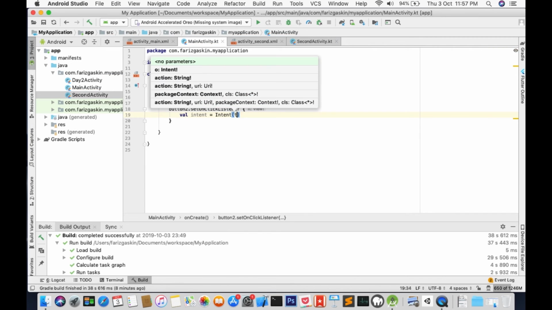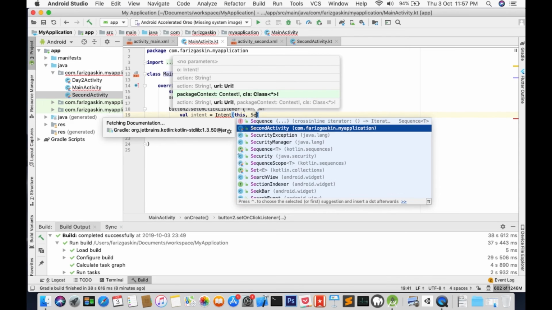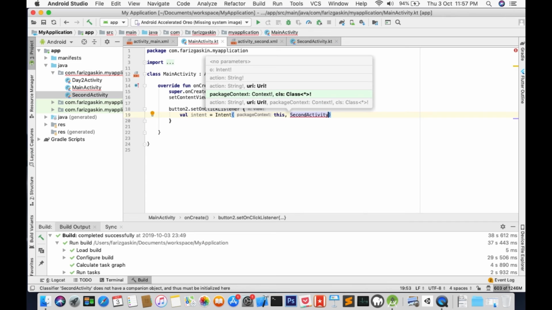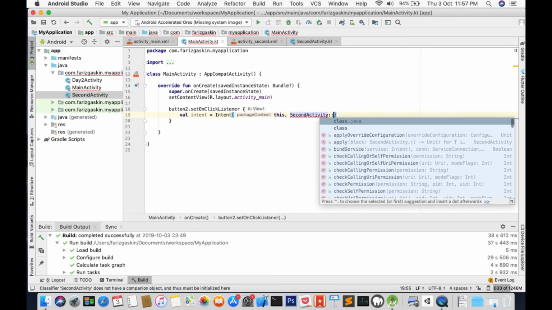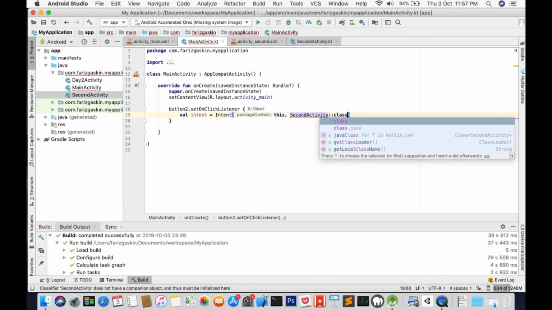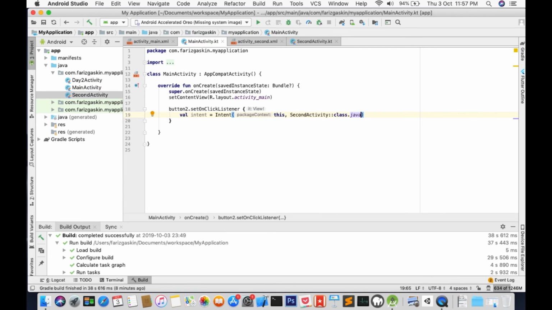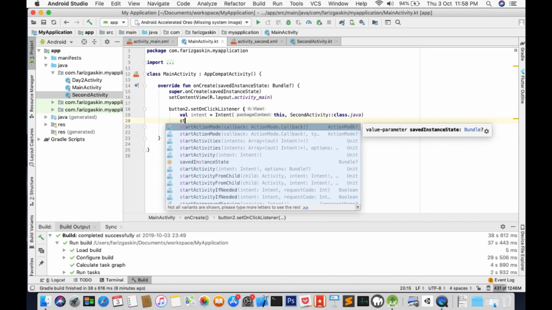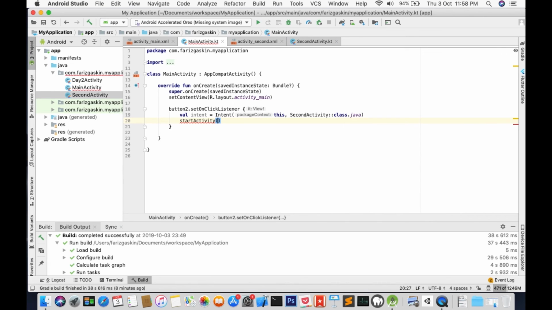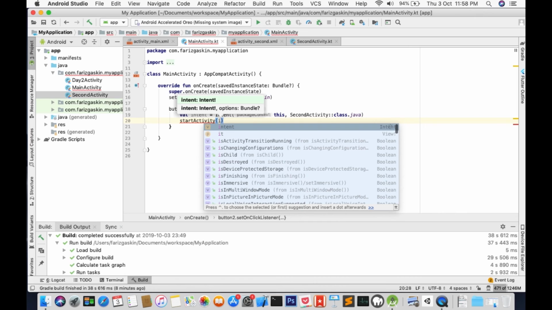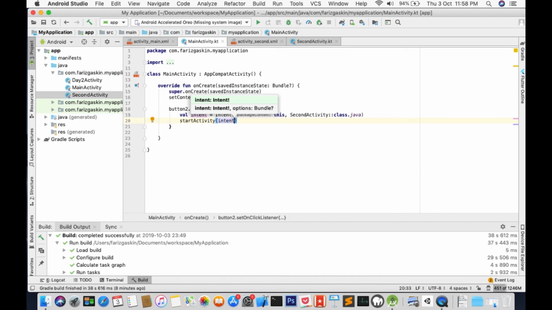So we're going to move from this file to our second activity, SecondActivity, double colon class.java. It refers to both. Space for errors. And startActivity(intent), and that's it. So let's connect our